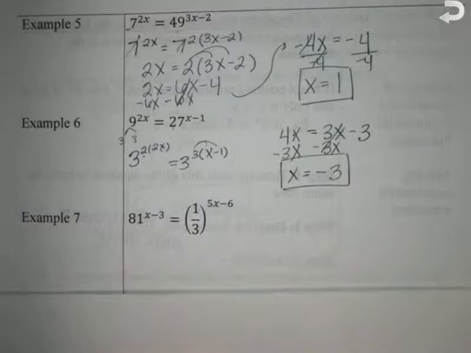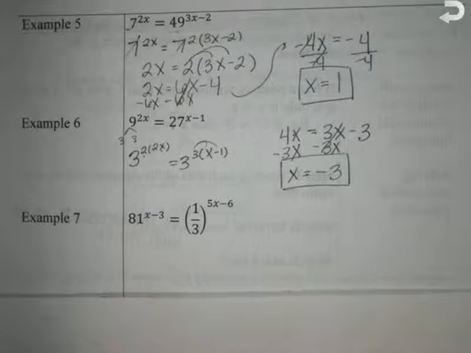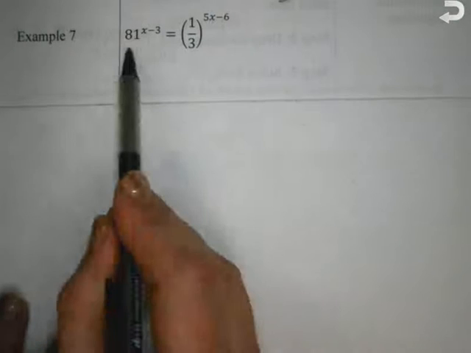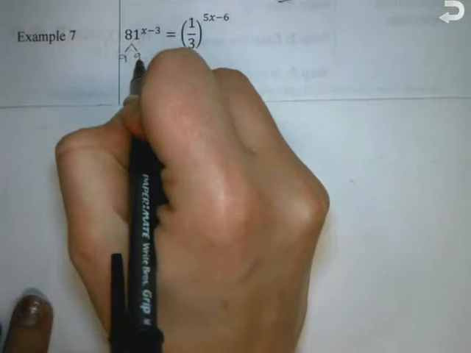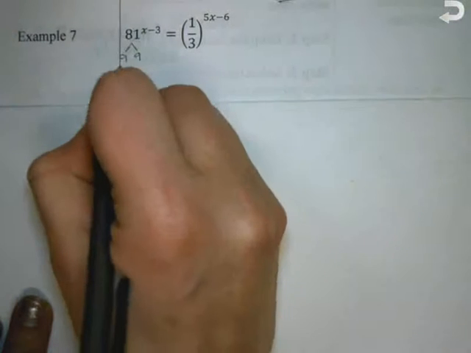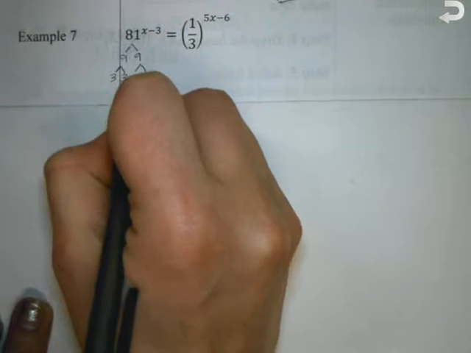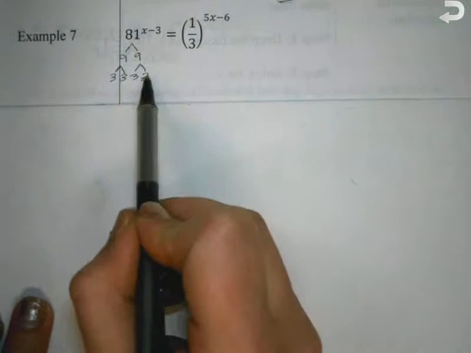All right, number 7. What do you think my base is going to be here? 3 again. 81 splits up to 9 and 9, right? Which is 3 and 3. So 81 is the same as 3 to the 4th. So this is 3 to the 4 times x minus 3 equals